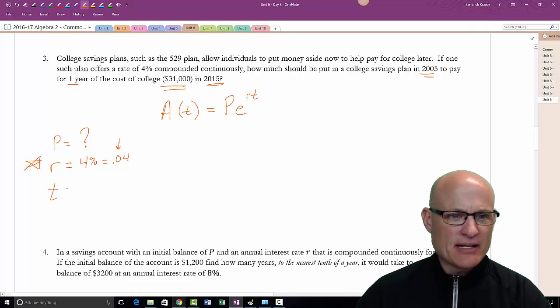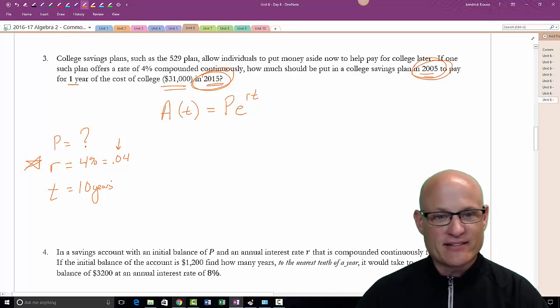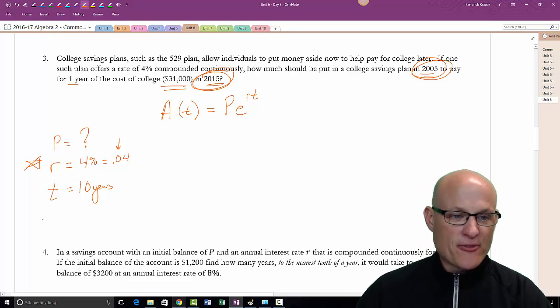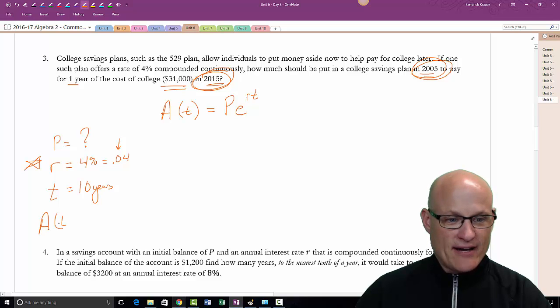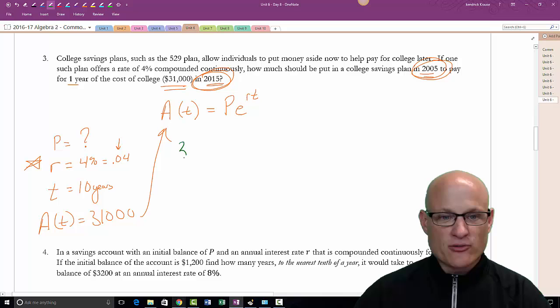And do I know time? My time is from 2015 to 2005. So my time is 10 years. Right? From 2005 to 2015, that's 10 years. Now, the only other thing I know is how much I really want to have. I want to have 31,000. So I actually know A sub t. So we're going to put 31,000